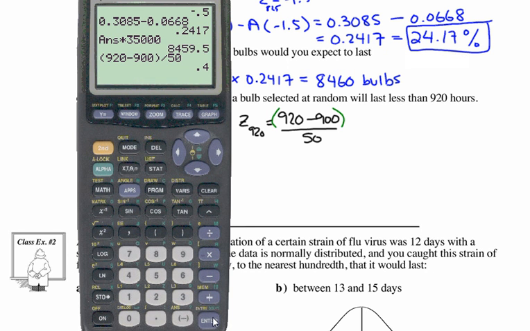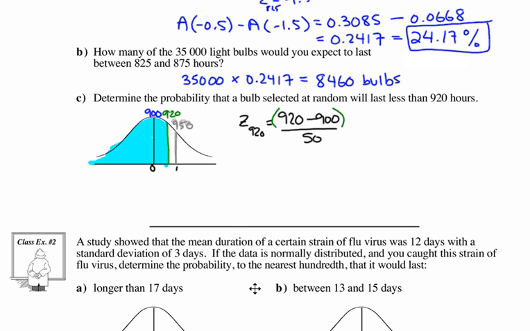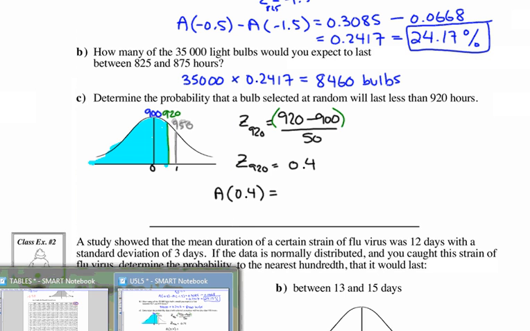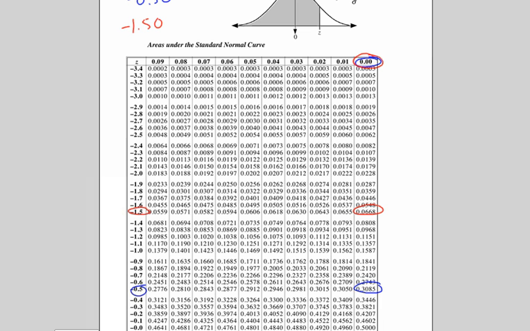Which gives us 0.4, which is exactly what we expected. We expected our Z-score to be between 0 and 1. So now that we know our Z-score, we want the area to the left, which is perfect for our chart, area under 0.4. So we just grab our chart, 0.4, so we want the positive,